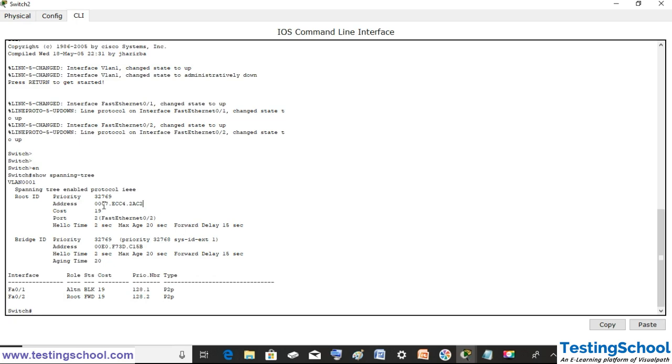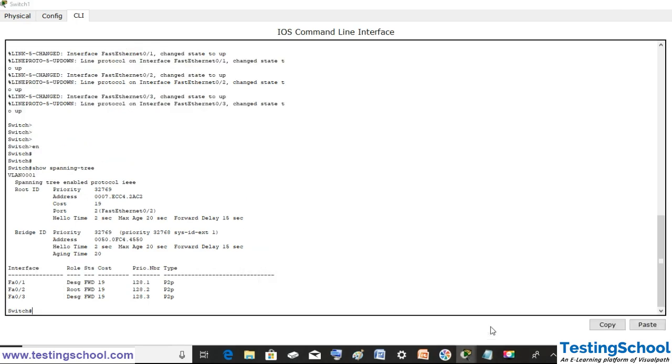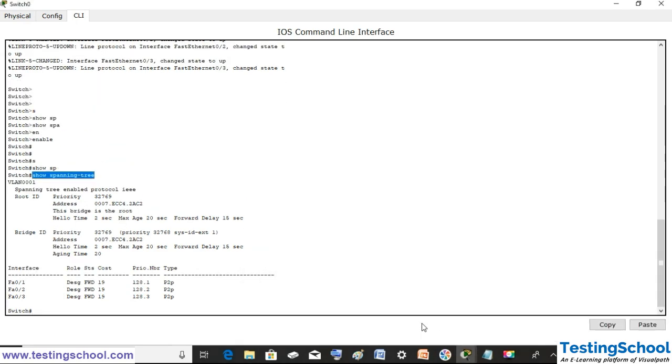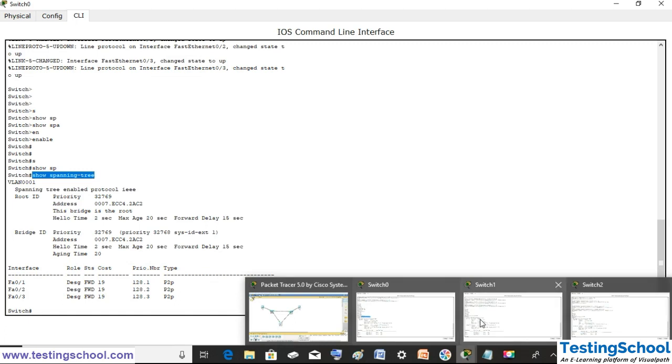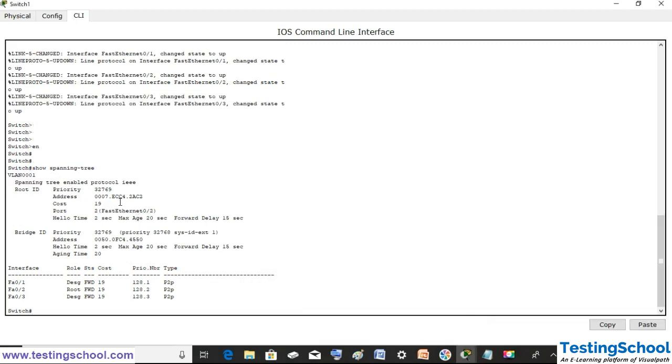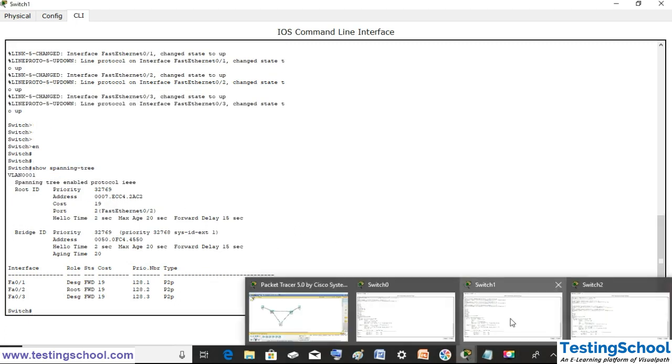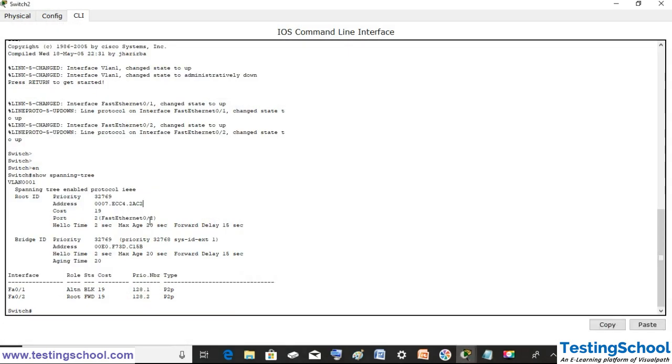Here you can see 0007 at the start, and switch 2 also 0007 at the start, all are having 0007. So we'll see ECC4 here also, ECC4 here also. So here 2AC2,